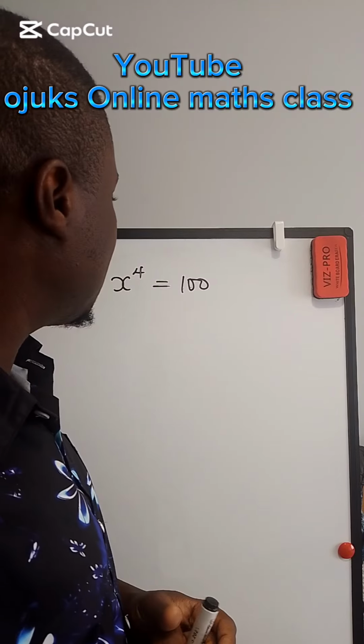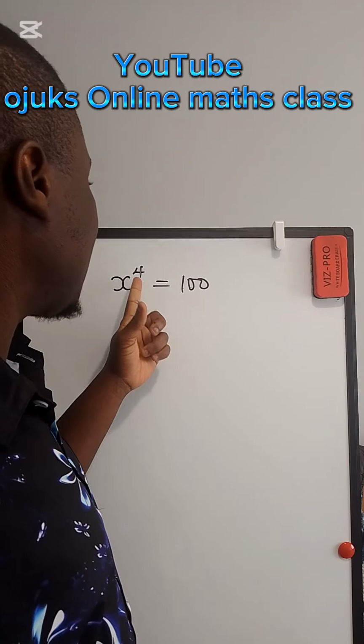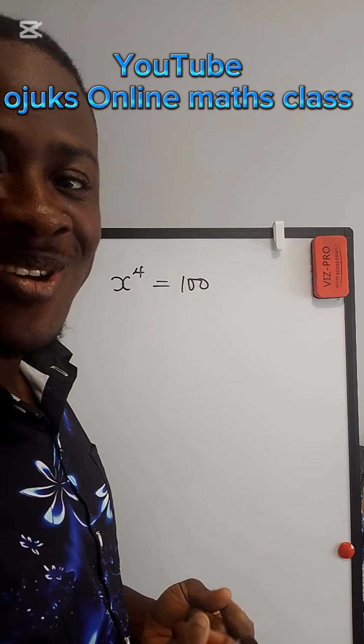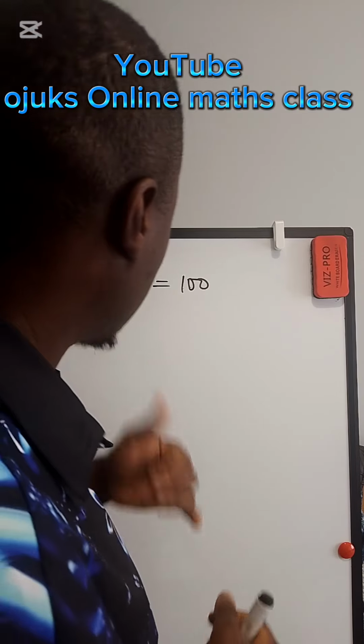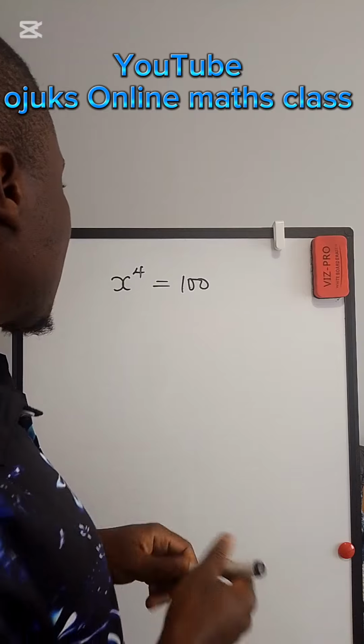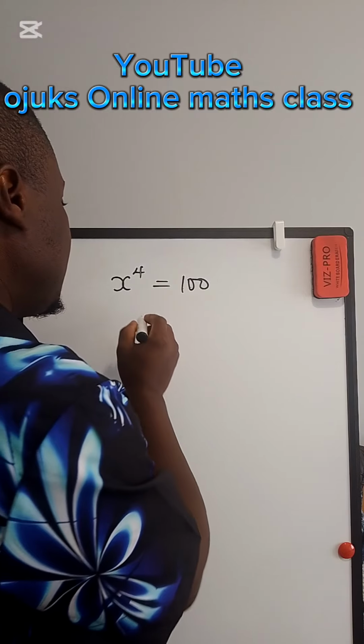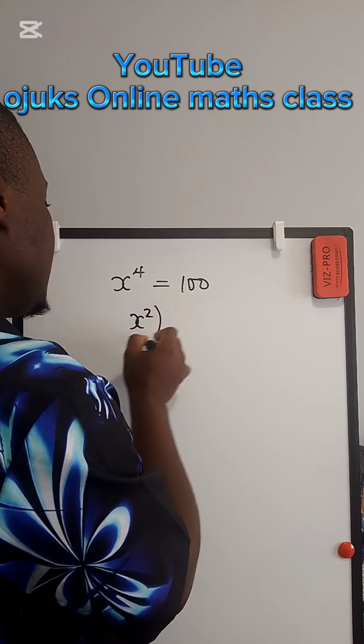Let's solve this initial equation that we have on the board. We are given that x raised to the power of 4 is equal to 100. We are asked to find the value of x. Very easy. Watch. Alright, we can represent this equation in the form x squared raised to the power